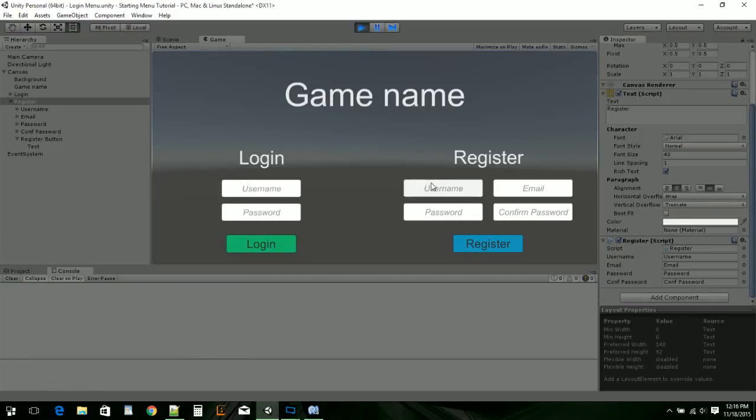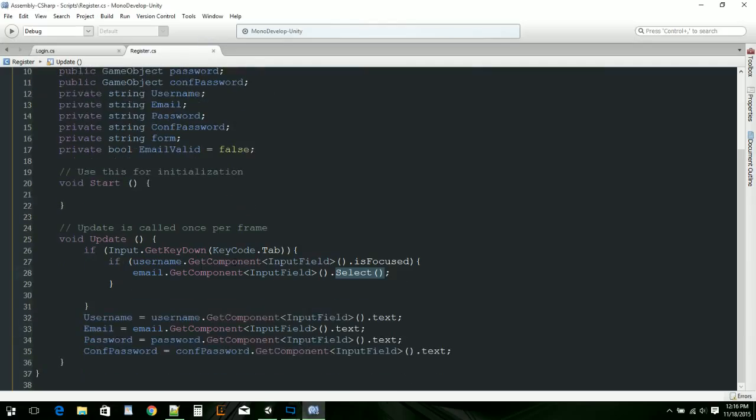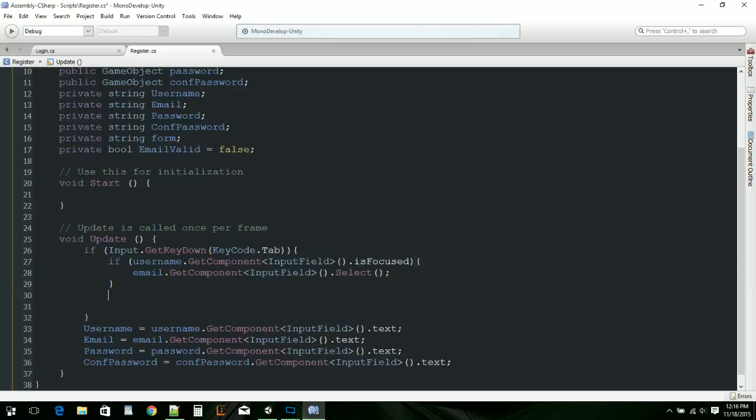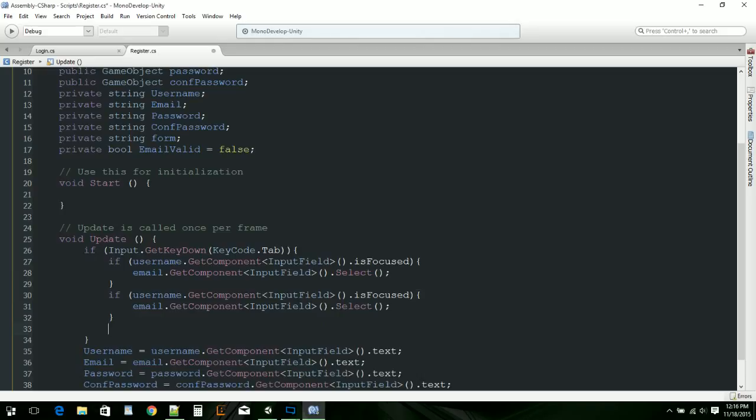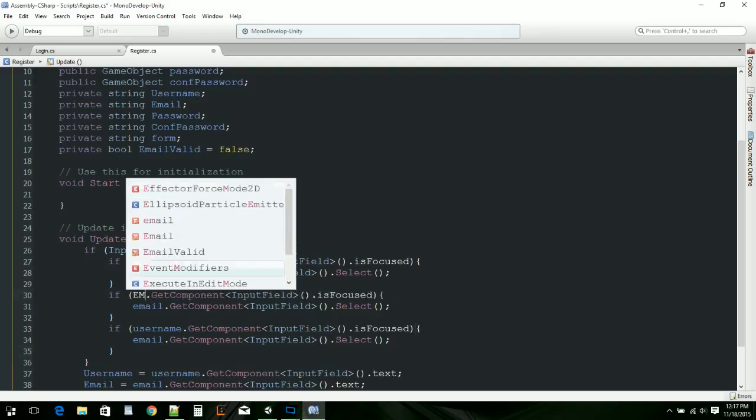So if I click in here and I click tab, it goes to email. Perfect. Again, good. Okay, so basically I'm going to do that same thing for all of them. So just copy this right here, control copy, and paste. Actually, that's all we need. Perfect. So if it's in username, then we're going to say if it's in email,